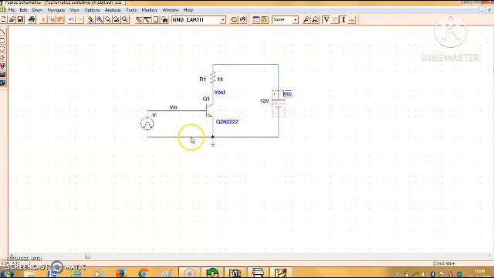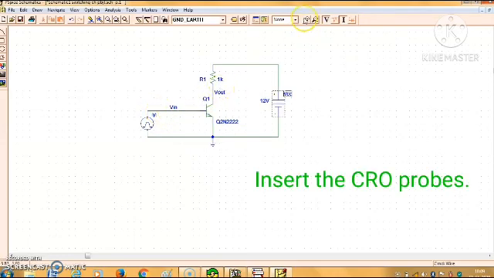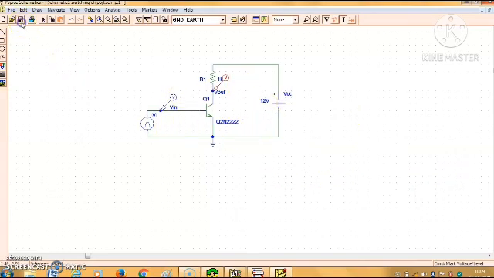Now insert the CRO probes to measure the input and output voltages so that you can visualize the waveforms. Now after doing this, save it again.